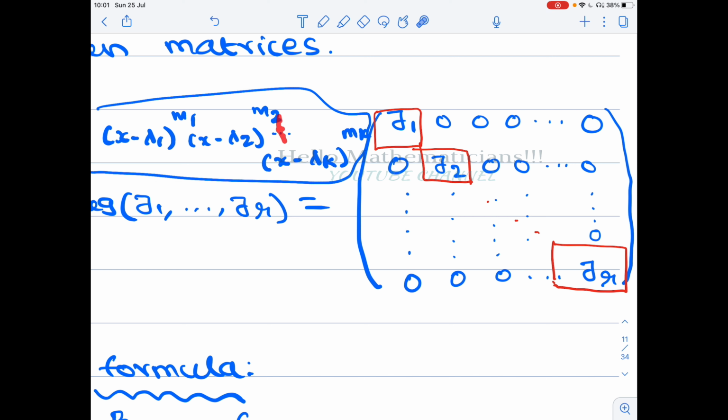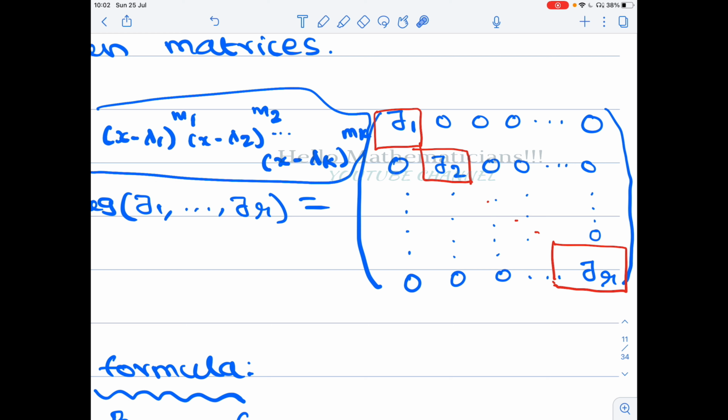If you are talking about the eigenvalue lambda I, and you want to know its geometric multiplicity and algebraic multiplicity, then you wear the glass that corresponds to that eigenvalue. That glass will show you only the blocks that correspond to that eigenvalue. Remember, the other blocks you cannot see through that glass.